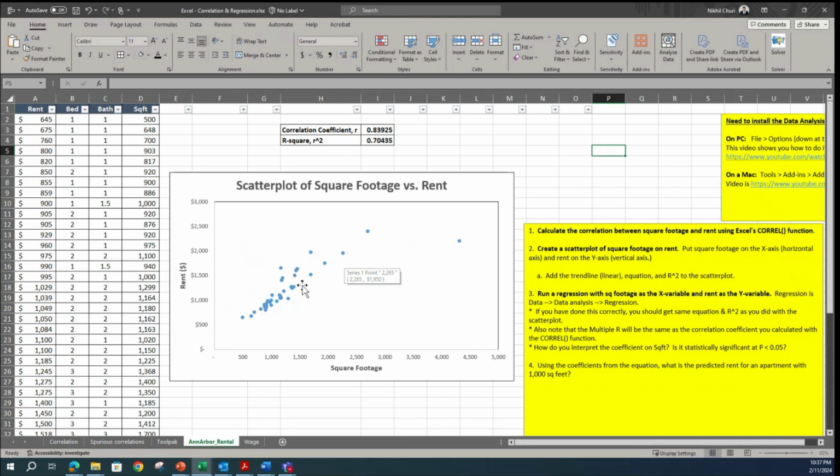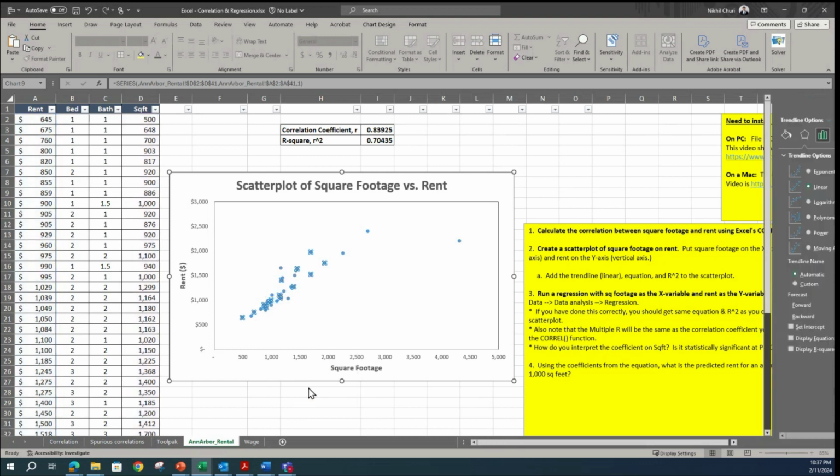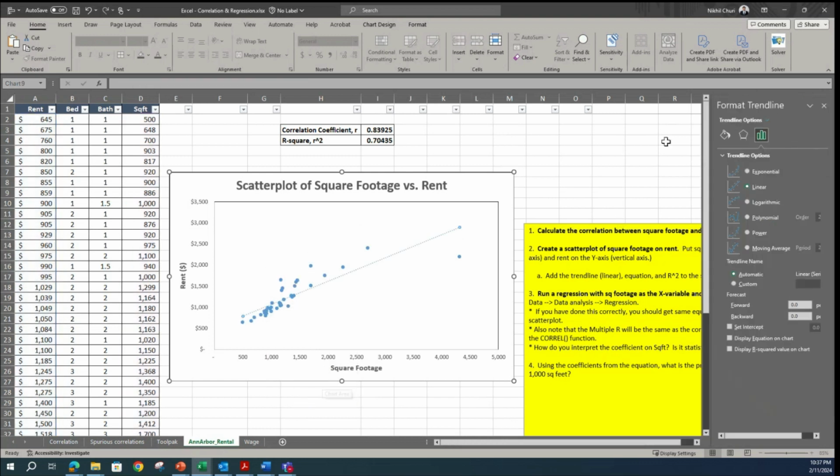For that, all I'll do is hold my mouse on any of these points, then right click on any of the points. You can see some options, like a window, pops up. In fact, two of these pop up. On the bottom, can you see this says add a trend line? Go ahead and click on that. So I added a trend line, and by default a window like this pops up. The selection will always have linear most of the time, unless you have selected something else. But yeah, linear